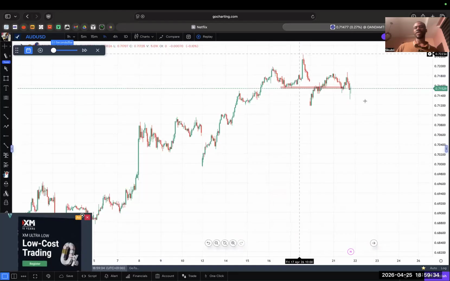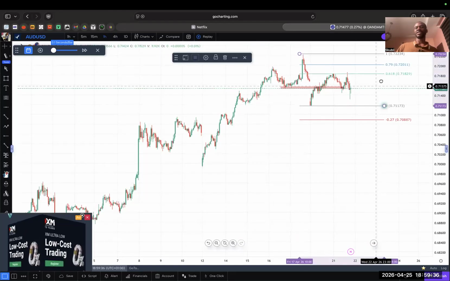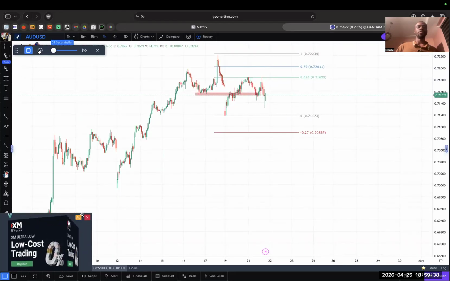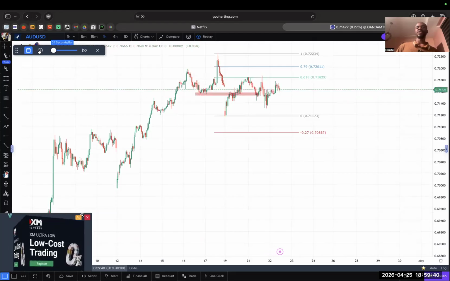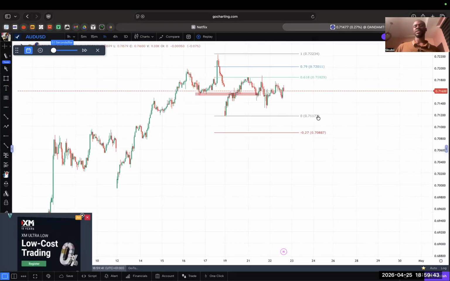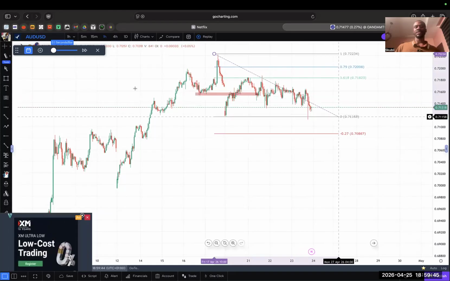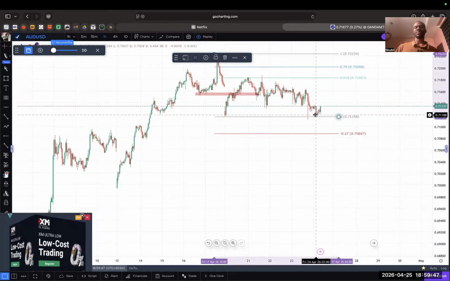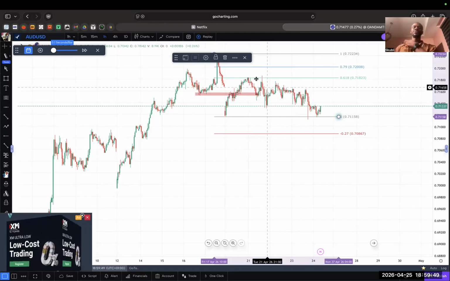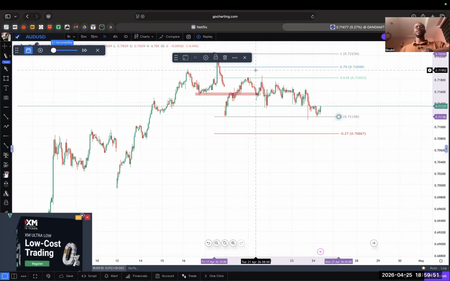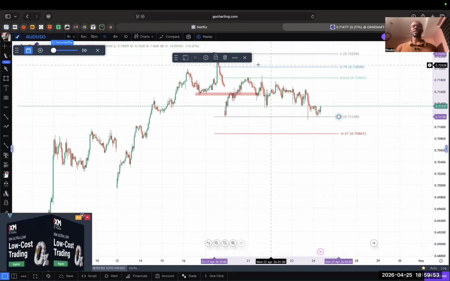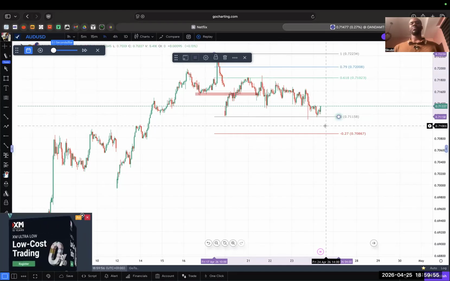It did not pass that 0.618 level. It was at that 0.618 level that price reacted and then sold to the downside. You see that eventually price came out to hit that zero level, the take profit. So see it here, when price came to hit that take profit. So even if we just decided to sell using Fibonacci, entering aggressively and putting the stop loss up here, price would have eventually come to hit our take profit.